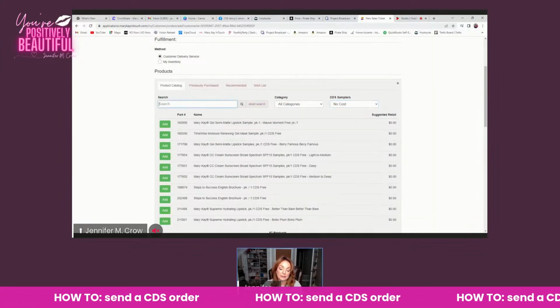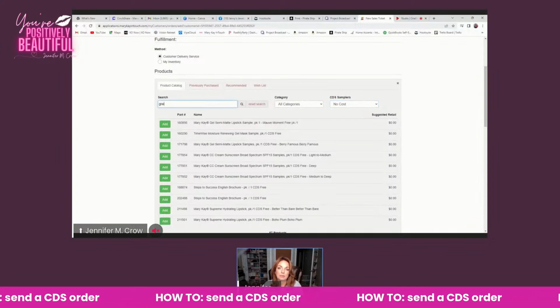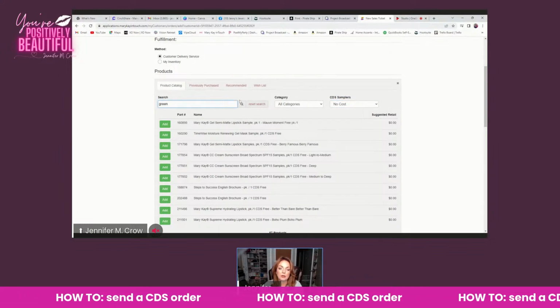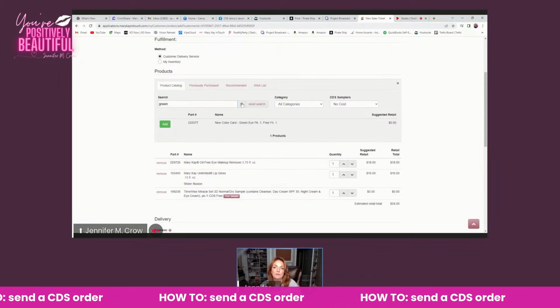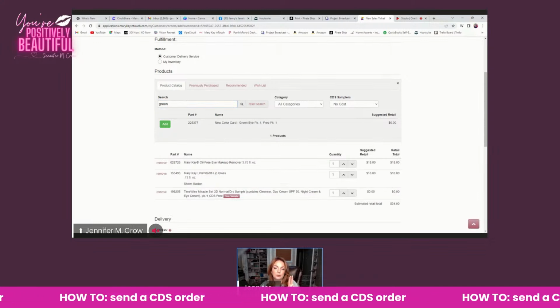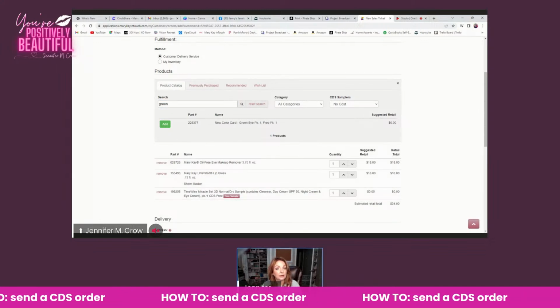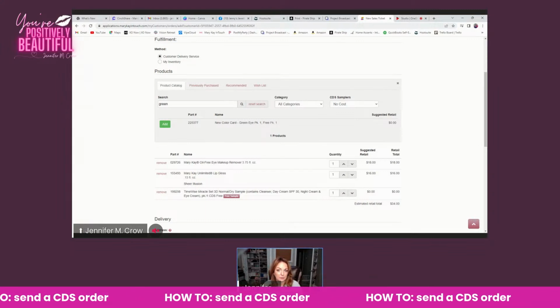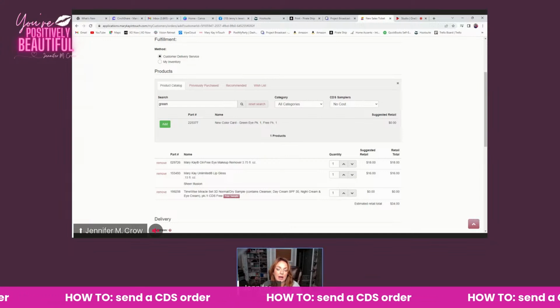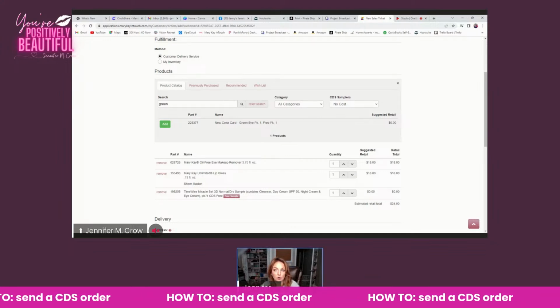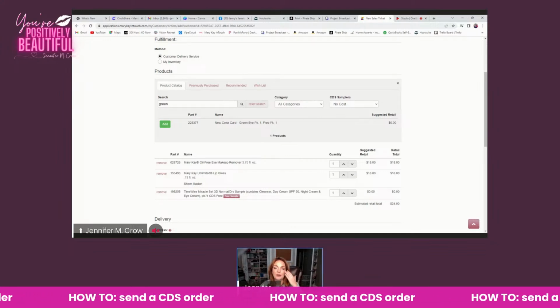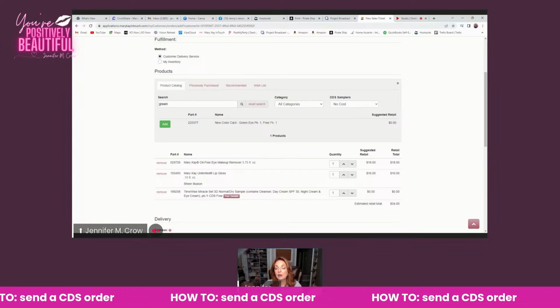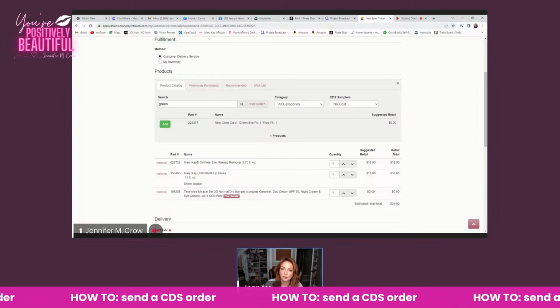Now, I want to send her a color card. Now, we have color cards in 3 different eye shade colors, green, blue, and brown. My favorite is the green because it's the most neutral, and neutrals look good on all skin tones, okay? And so I always try to send the green eye color card because if I don't already have my makeup yet, if they wear makeup,